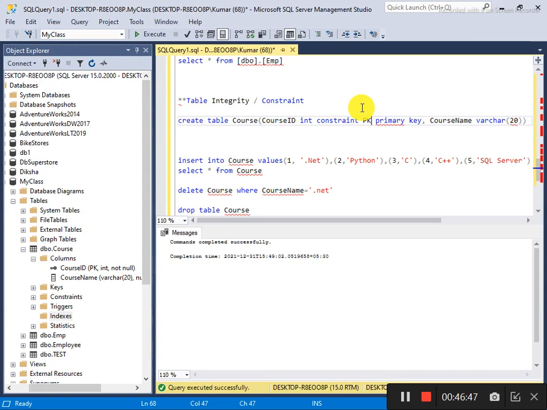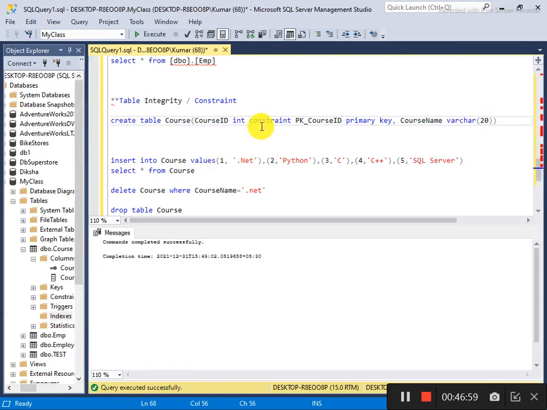PK, and PK means the name I am giving. So I am saying PK course ID. A constraint means a restriction. The constraint may be primary key, foreign key, unique key, check, anything can be a constraint.